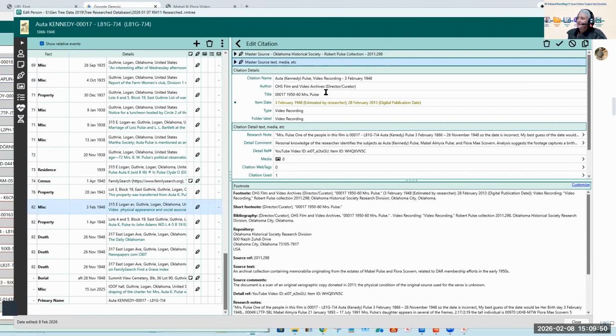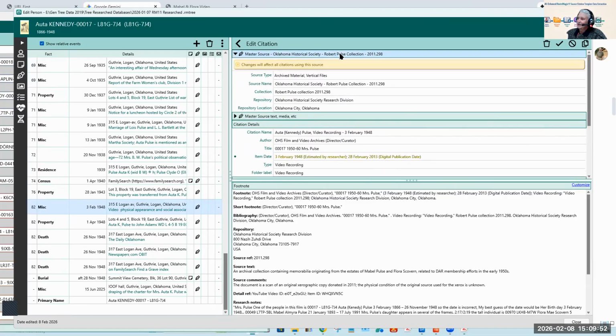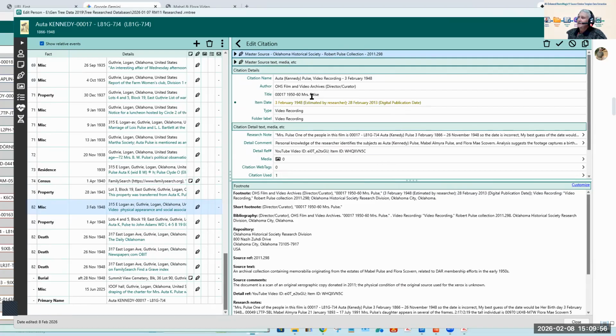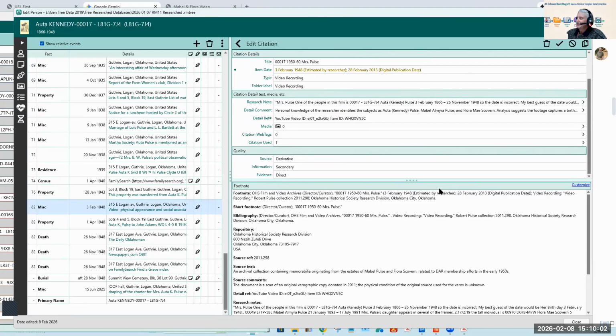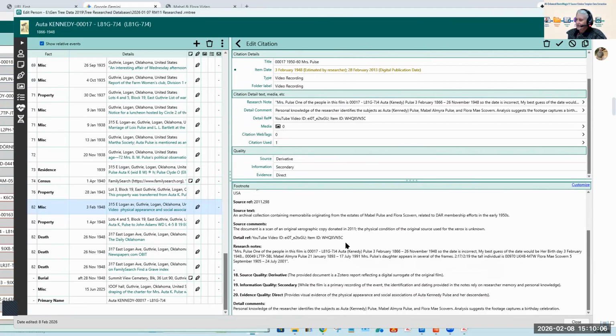So it's a specific collection though in an archive, and that makes a difference. And so here's the information that I input into there. Okay. And the prompt will be down there. And again, a derivative, secondary and direct. And here's the details about that.